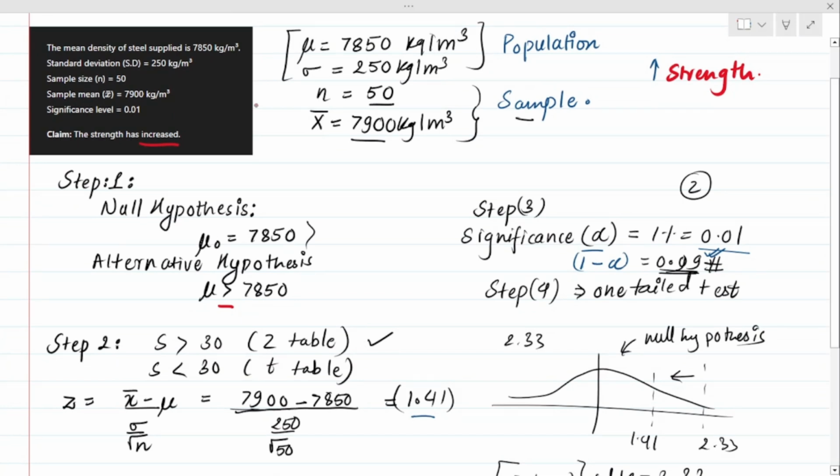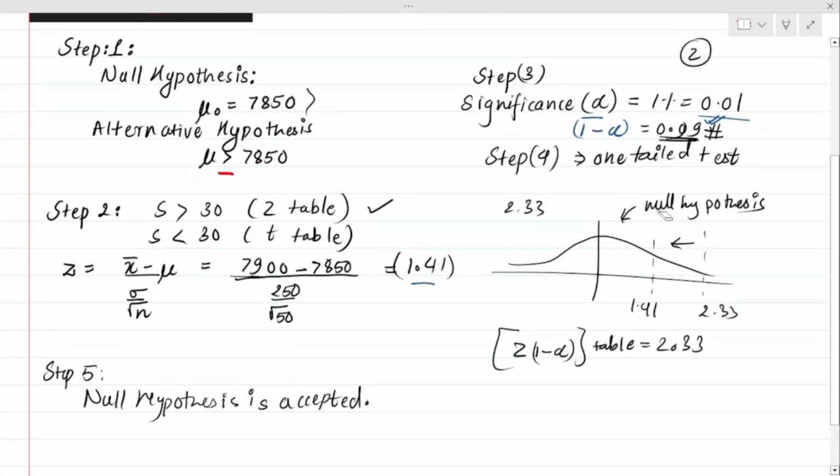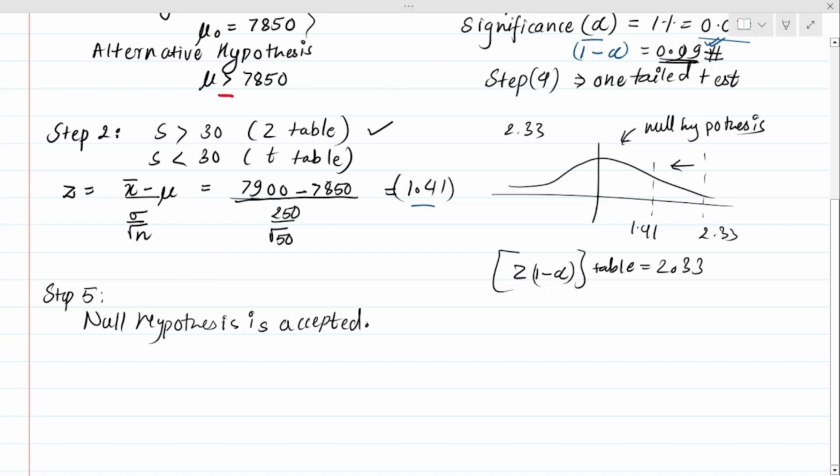Let's say we frame the question in a certain way that the claim is the strength has changed. All right, now we claim that the strength has changed. In this case we already know that when we draw such a claim, then in step 4 we are going for a two-tailed test. Now what do we do in a two-tailed test? So in a two-tailed test we have this region,